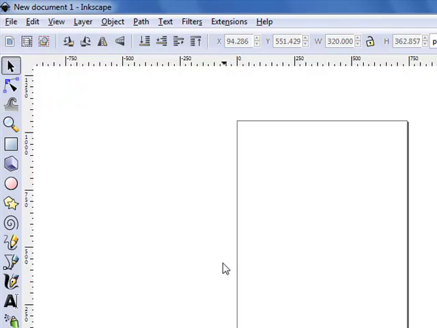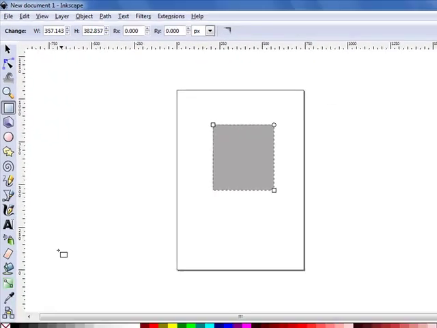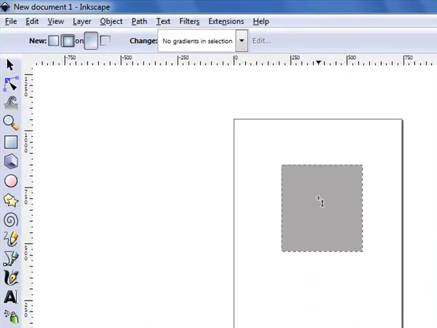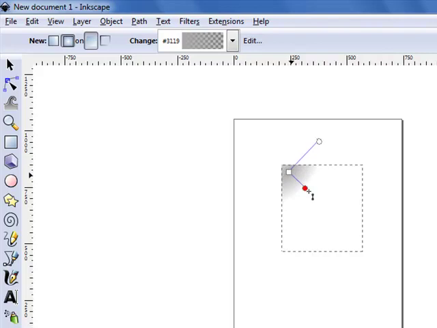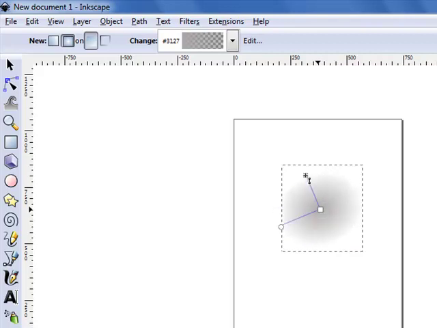Next, we're going to look at the radial gradient. The only major difference between it and the linear gradient is where the gradient begins. In the linear gradient, you can select where you want to start and where you want to finish. In this case, your first point is where the center of the circle begins. So, since I want the full circle, I'm going to select in the center of my rectangle and drag it